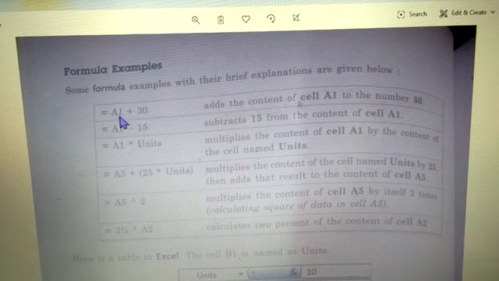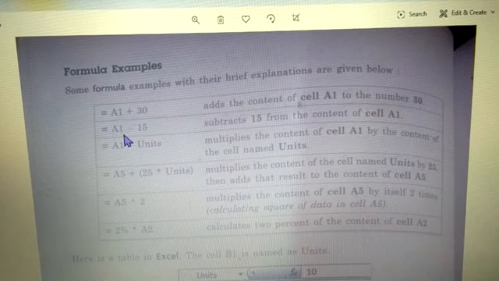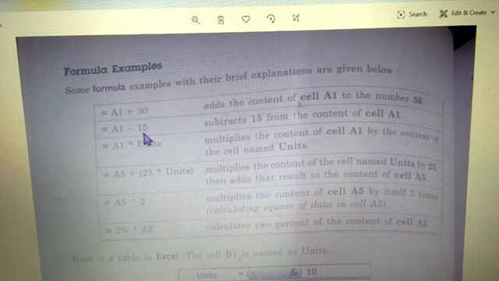Whatever value is in the A1 cell, 30 will be added to it, and wherever this formula has been applied, you will get the answer in that cell. Next one is A1 minus 15. Whatever value is inside cell A1, 15 will be subtracted from it.